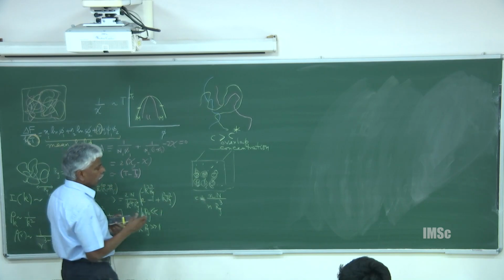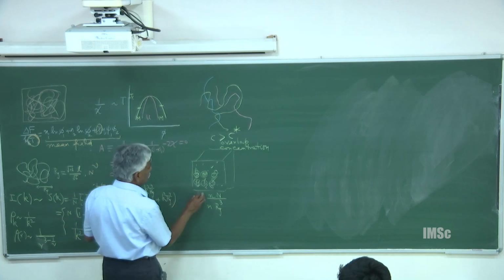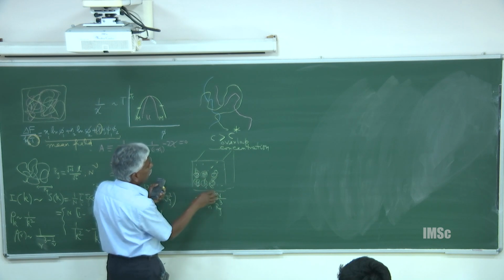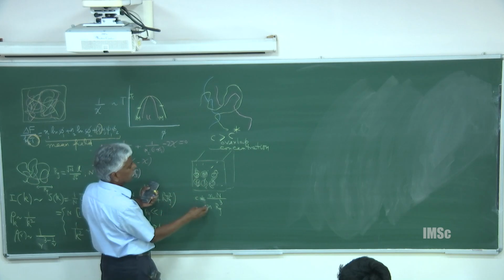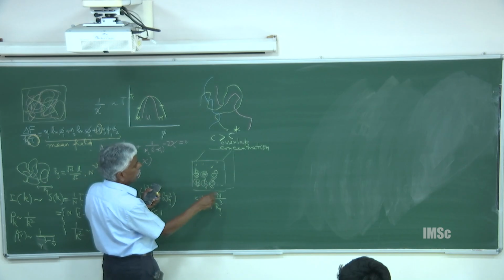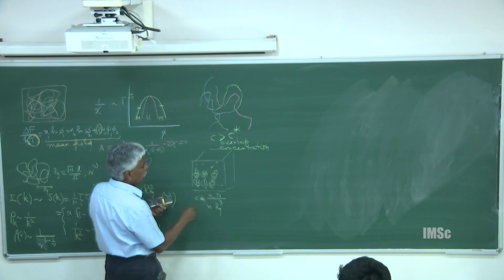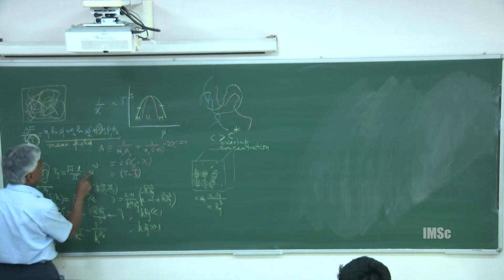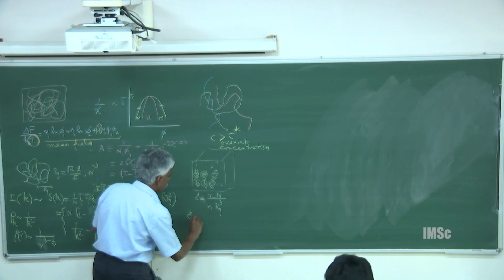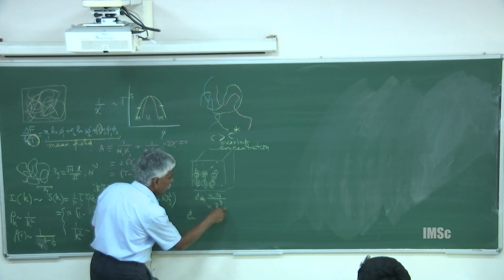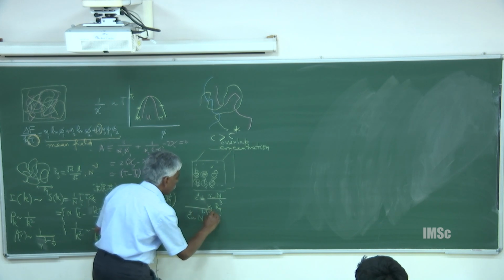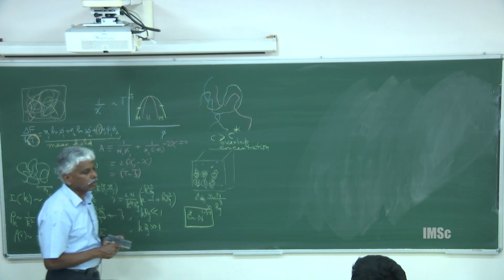So, I take a volume Rg, and the coils are essentially compact in this concentration. Then the total volume is proportional to the volume of each coil times the number of chains, and the concentration is defined as mass by volume. There are n monomers per chain and little n chains, and we know Rg goes like n to the nu. Therefore, C star goes like n over n to the 3 nu, so this goes like n to the 1 minus 3 nu, roughly, and prefactors can be obtained. That is the definition of C star.